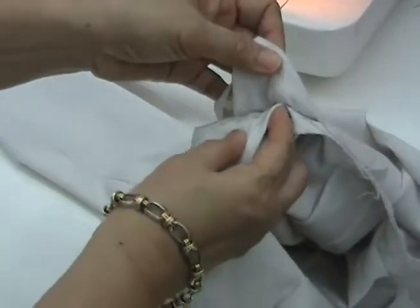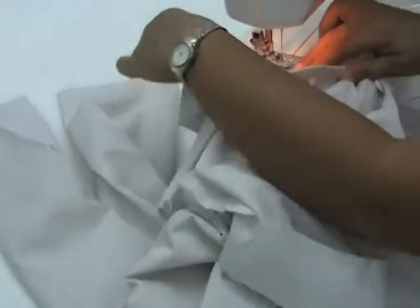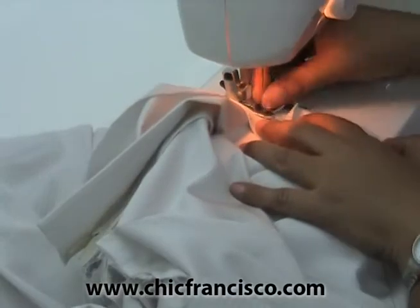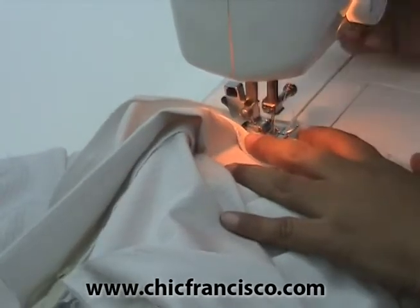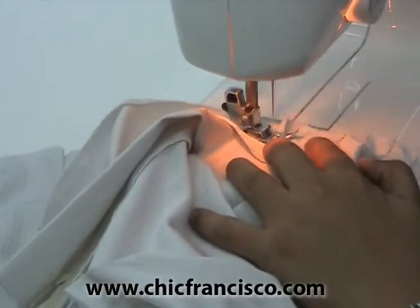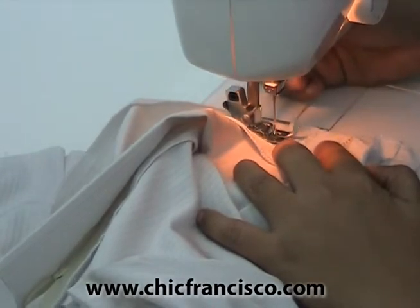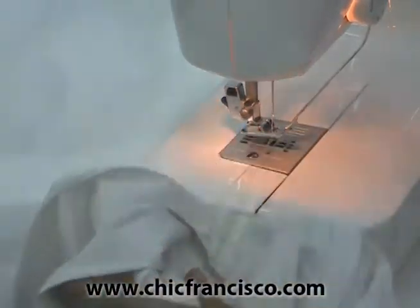Okay, as you can see, the lock stitch did not reach the very edge of the corner. So my assistant will lock stitch this again until the very edge of the corner where the zipper is attached. It is important that the very edge of that corner is sewn together. Now you see that at the very corner of this inverted L shape, where the zipper is attached, is really